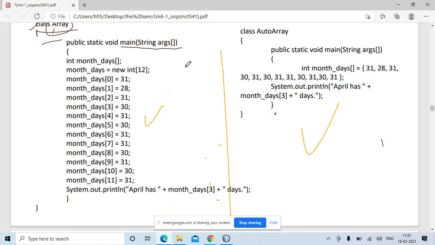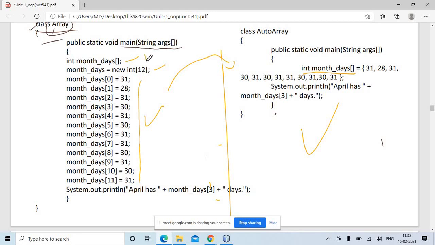Now let us try to write the same code in a better way. Here, int month_days, you have written this, and in the next line you have created or allocated the space, and here you have initialized the elements in that allocated space.